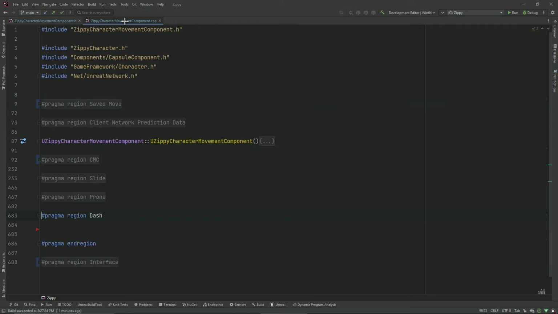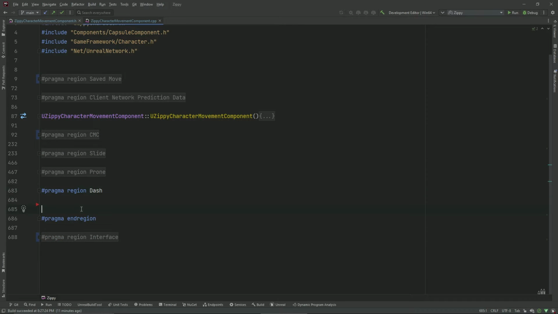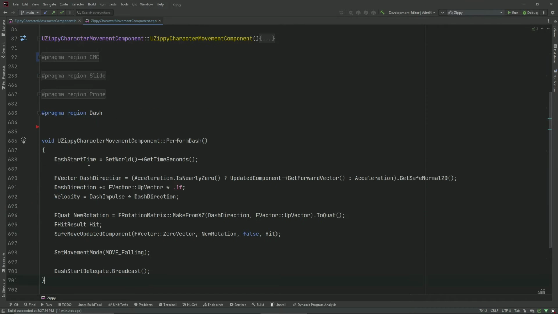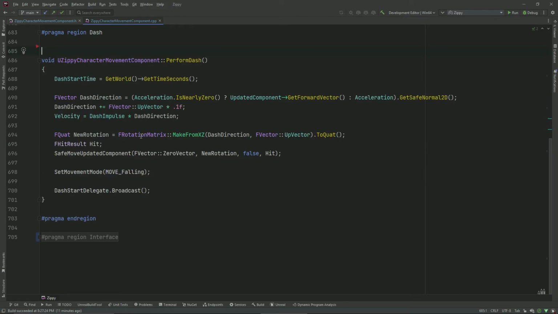All right, now we can jump into the C++ and implement the perform dash. And like I said, pretty simple stuff here. This is the entire dash implementation. So we're going to set the start time equal to the current world time. Then we're going to get this dash direction, which is going to be